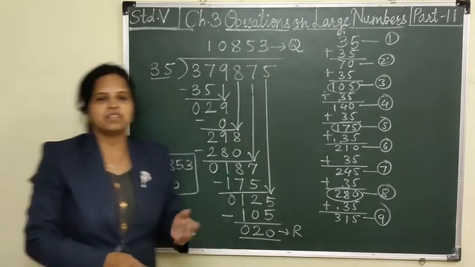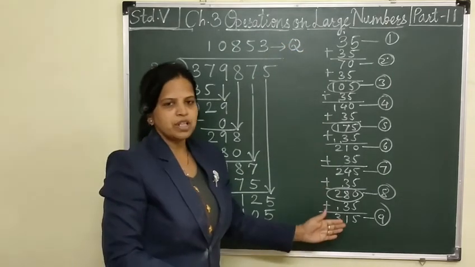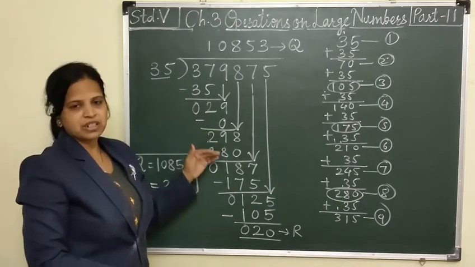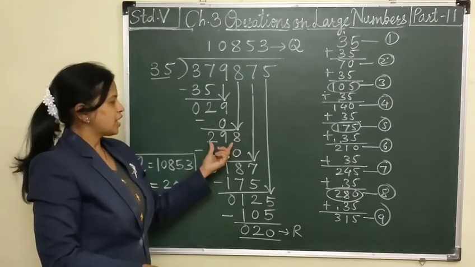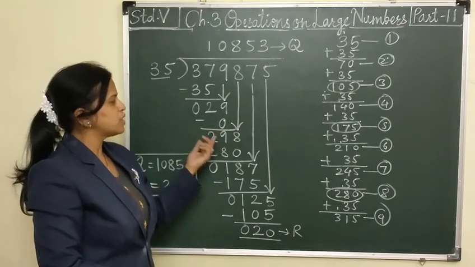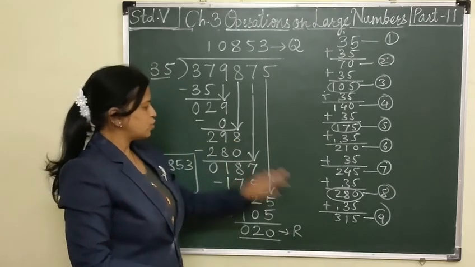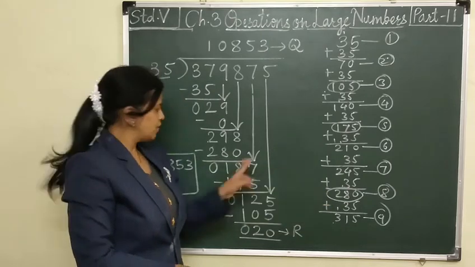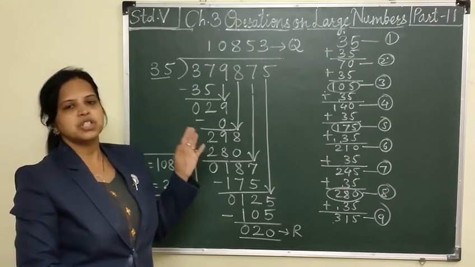I think you may feel it is very difficult, but as I told you, do the table properly and see the number which can be subtracted every time. Whatever remainder you get, you have to take the next digit with you. Check that number exactly. If that number is not there, find the smaller one. For 298, the first number greater than 298 is 315. I can't use it, so before that, the number is 280. That I have subtracted.